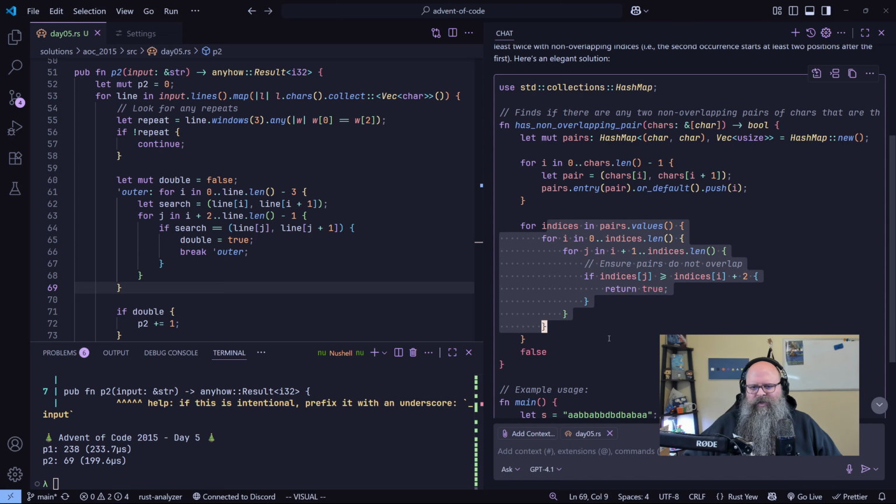I mean, maybe this is a clean way to do it. It looks like it works, but it's occurring to me you could also do this with